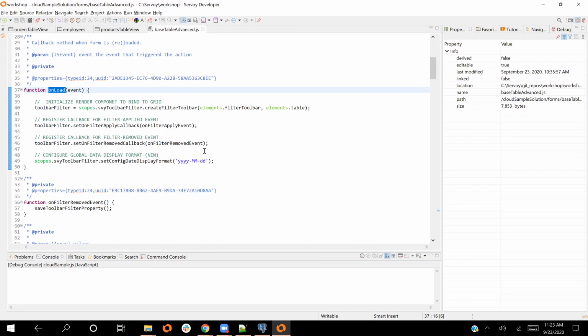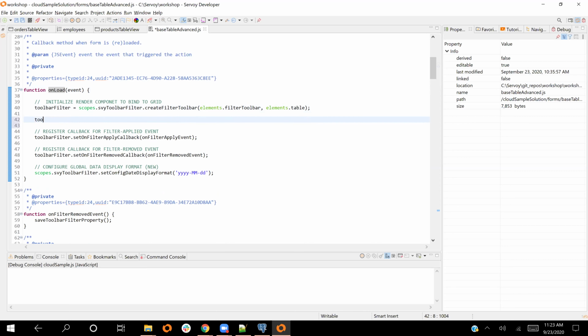So really, this is the most important here on line 40. You can see that I'm calling the SVY toolbar filter API, and I'm creating this filter toolbar object. And what it takes as an argument is the element where the toolbar will be rendered. So it needs that custom list component to be passed in, and then the grid that it's going to draw the information to filter from, and that would be the grid component that I placed there. So you initialize and associate those, and it gives you back this toolbar filter object,